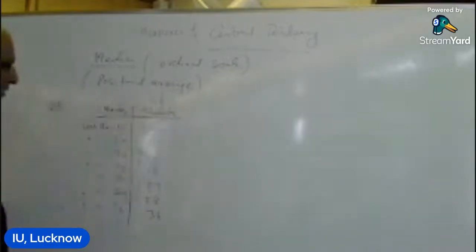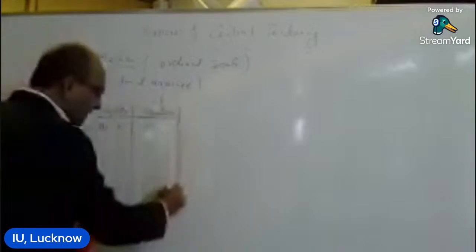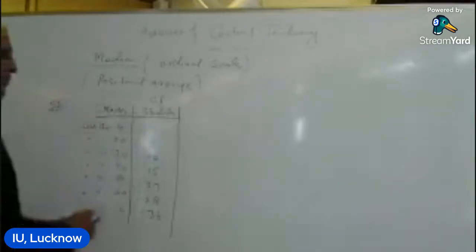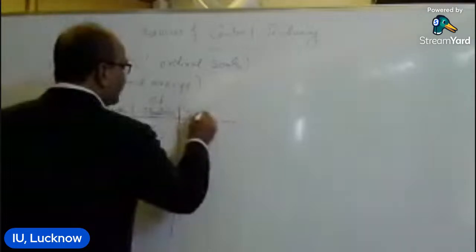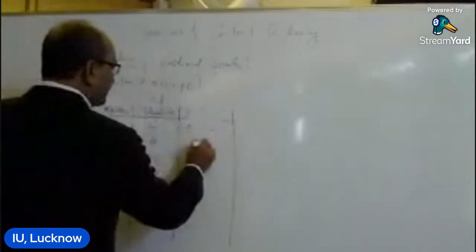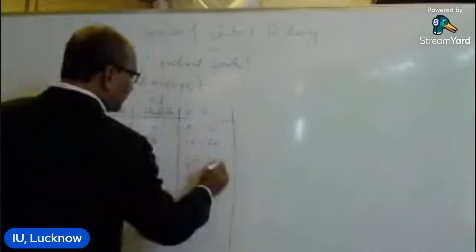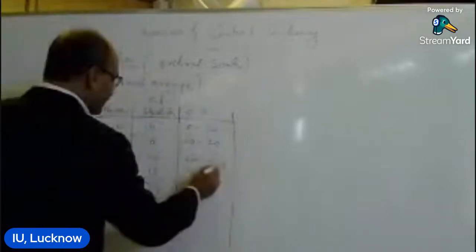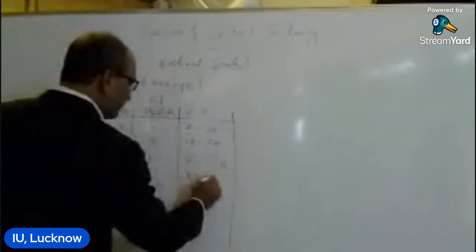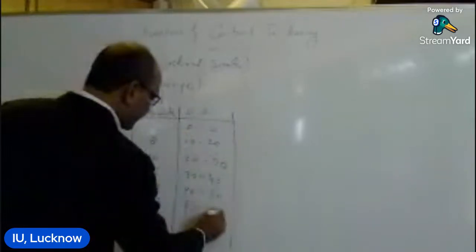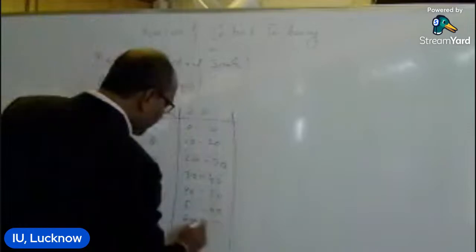So we have to find either the mean or the median. We have to convert it into class interval and frequency. So first find the class interval. The class interval will be written as 0 to 10, 10 to 20, 20 to 30. This is the exclusive class interval, as we have already discussed: 30 to 40, 40 to 50, 50 to 60, 60 to 70, and